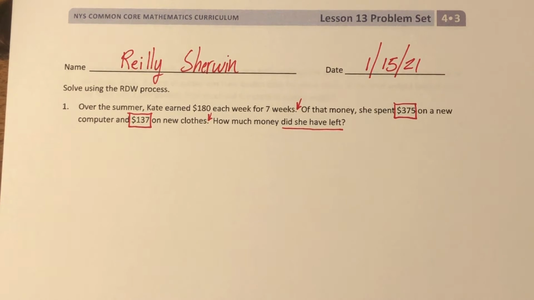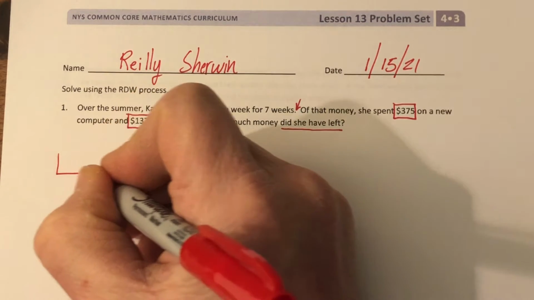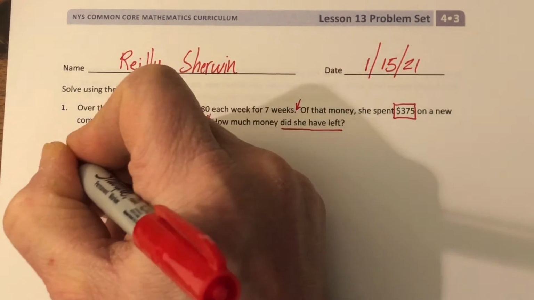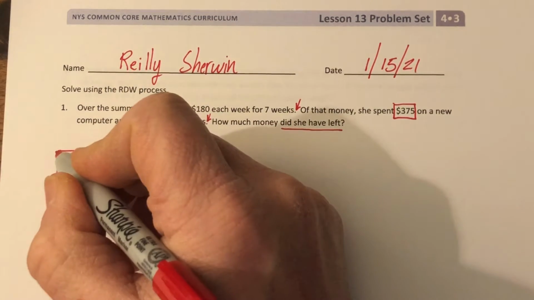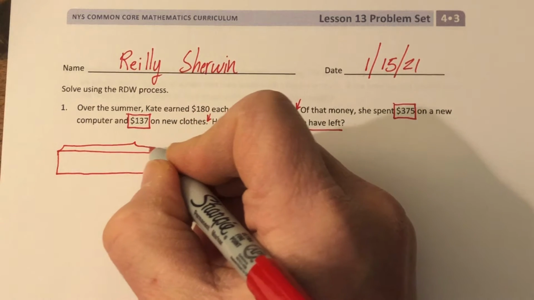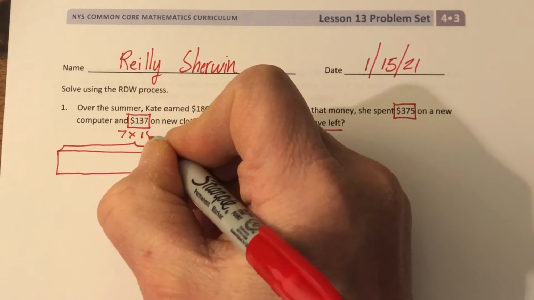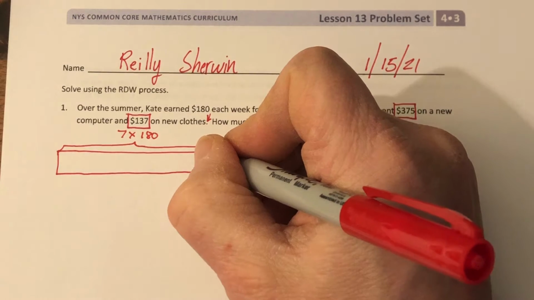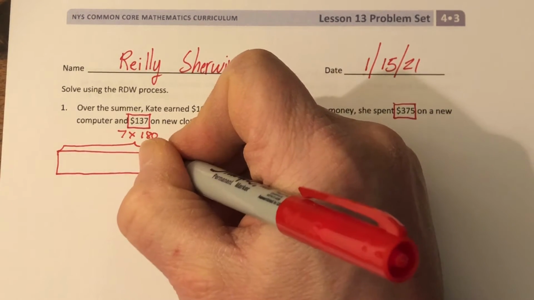So I'm going to draw this out a little bit. First of all, I'm going to draw a big piece of tape, just like that. I'm going to use this for my whole piece right here, okay? So what I want to do is say, all right, this up here is my 7 groups of 180. That's the total amount that she made. And out of that money, she spent $137, and then backwards here, she spent